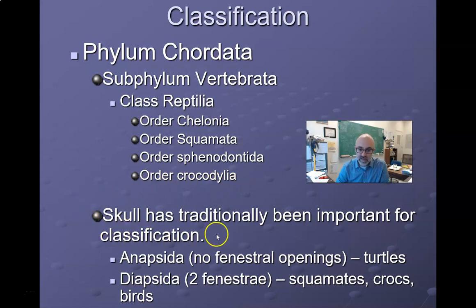In terms of classifying and grouping these organisms, the skull has been an important characteristic. I'm going to talk about that on the next slide, but these are very good vocabulary terms. Anapsid, diapsid. Apsid refers to these fenestral openings, which you'll see in the skull. The turtles have no fenestral openings. Most of the other reptiles have two openings, two fenestrae, the diapsids. Squamates, which are reptiles, are snakes, lizards, and then all the crocodilians and the birds. The mammals have, as you'll see,